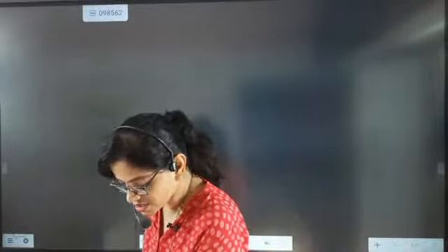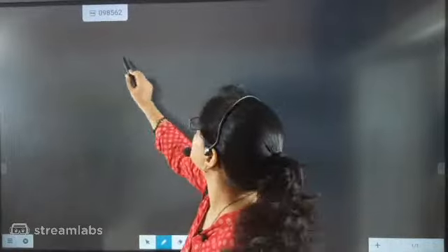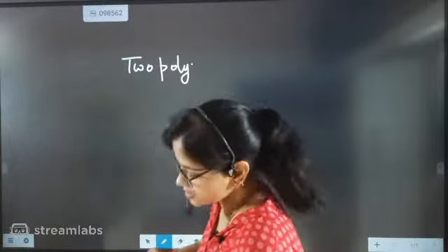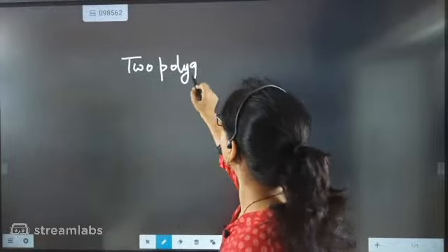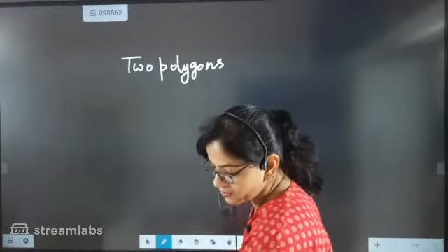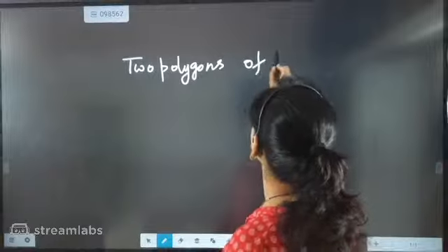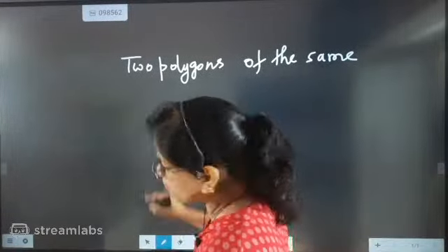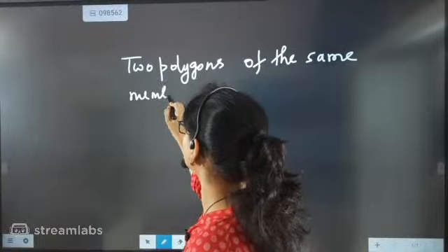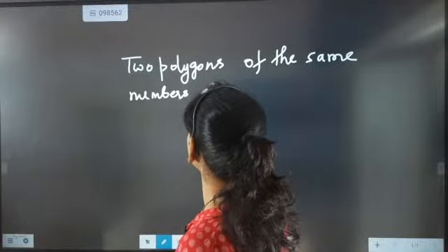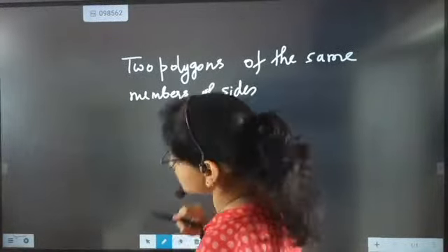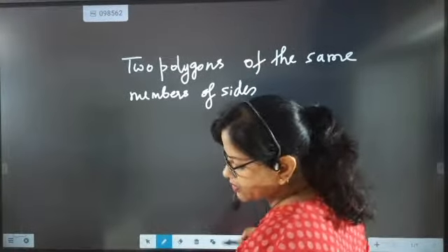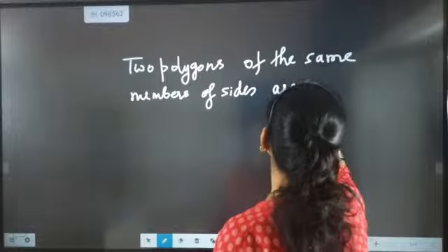Now the next question is on two polygons. Now you have to answer this question in MCQ format. Two polygons. What is a polygon? Can anybody explain to me what is a polygon? Two polygons of the same number of sides, two polygons of the same number of sides, very good, two polygons of the same number of sides are similar